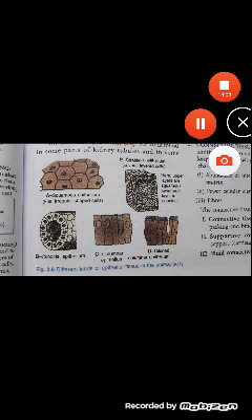Now let us enter into the discussion of connective tissue proper. Connective tissue proper again has three categories under three names. The first one is areolar connective tissue, the second one is adipose tissue, and the third is the fibrous connective tissue. Then let us start discussing areolar connective tissue.